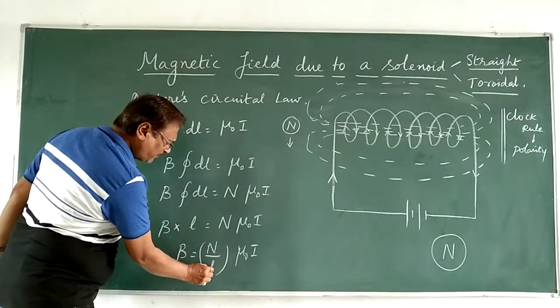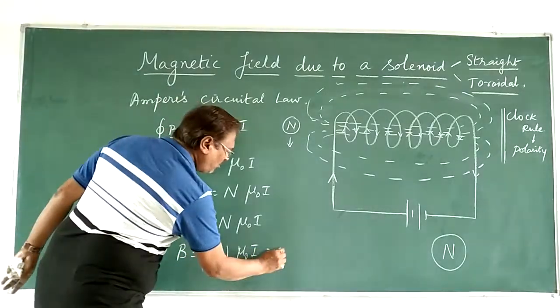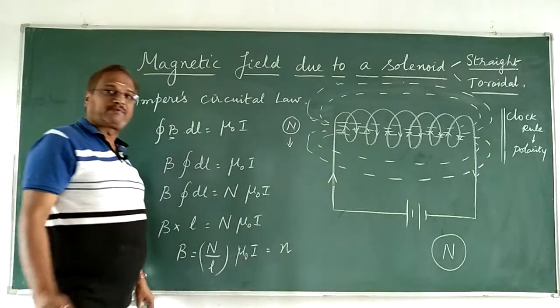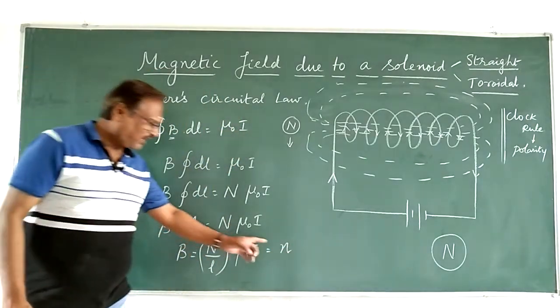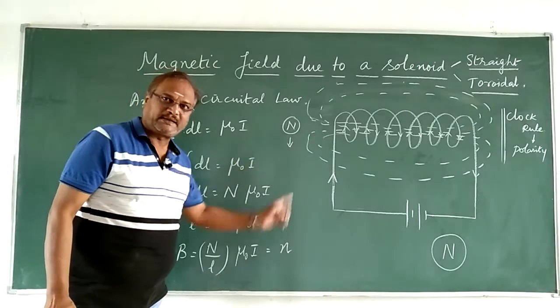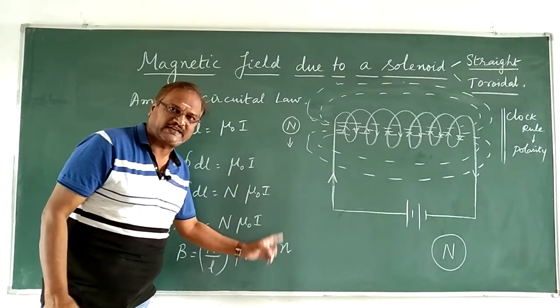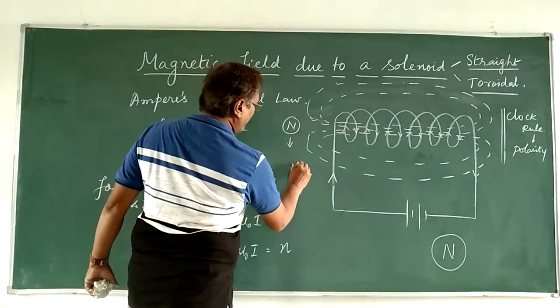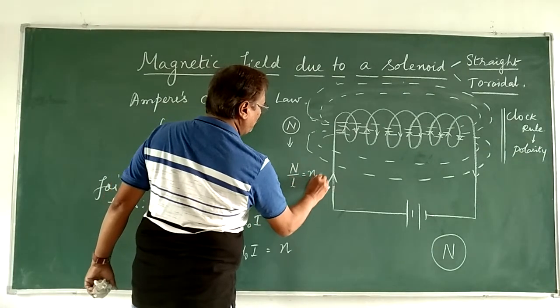Number of turns per unit length, that is called number density. Number of turns per unit length, that is N upon L, can be written as small n,